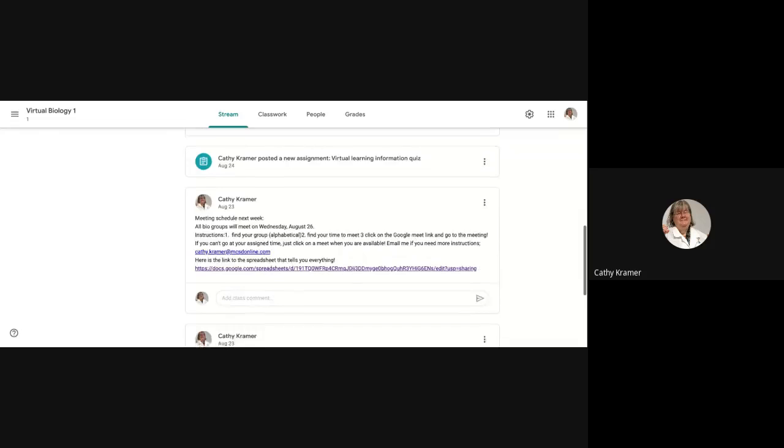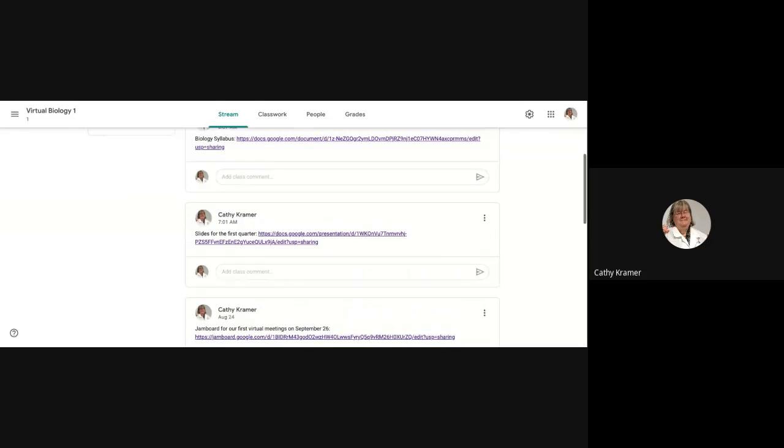This is everything you need. This is going to be the single repository for everything that you need for class. If you miss it, there'll be a video. All of your assignments will be on Google Classroom. I will grade via Google Classroom. So this is going to be the point place for you to go first to find stuff out.